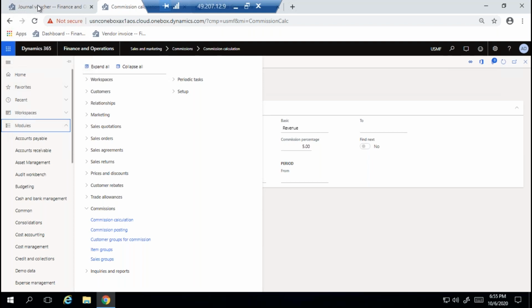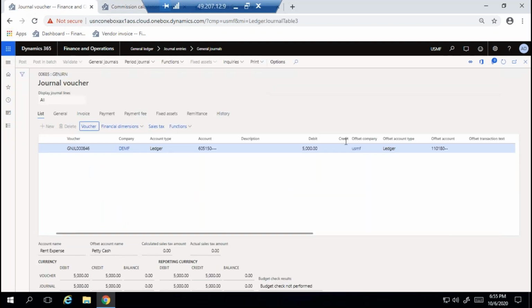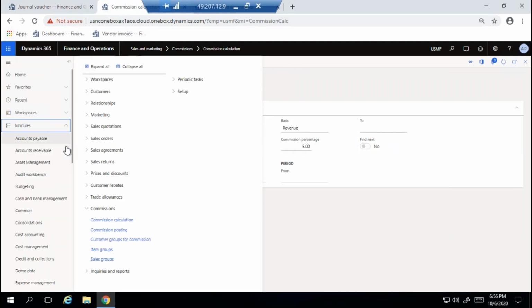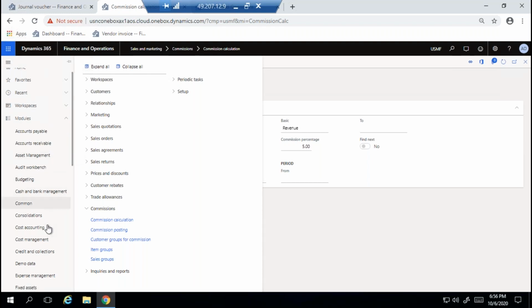So here I did for DEMF and USMF, I have posted a transfer. Now, whether I can post to any company like this, or is there any setup required? Kumari? Yeah, so you told in the beginning, right? Yes. It's not like the beginning, 2-3 weeks before.